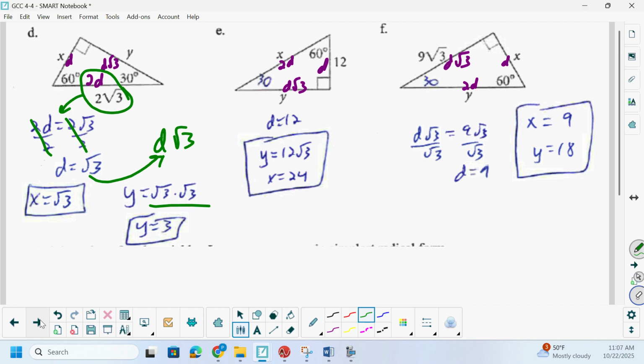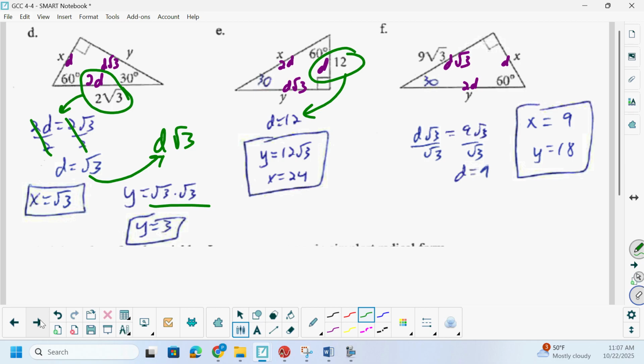In E, we've got a 30, 60, 90 triangle. Across from 30 is d, across from 60 is d square root of 3, across from 90 is 2d. Step 2, set up an equation with the side that has a number. No solving needed, we get d equals 12. Just fill the d in, so we get 12 square root of 3 for y, 2 times 12 gives us